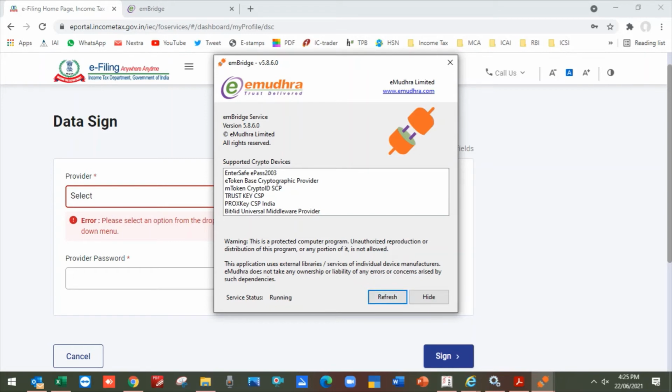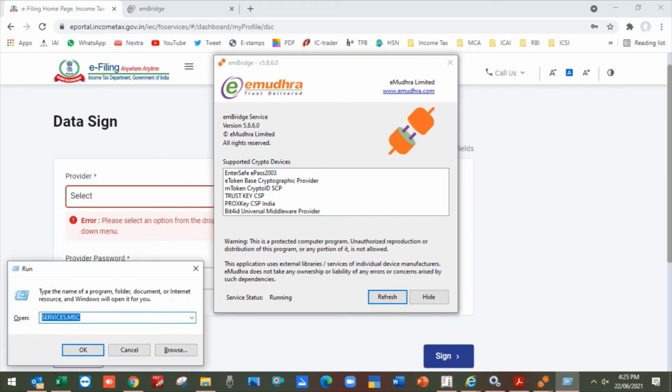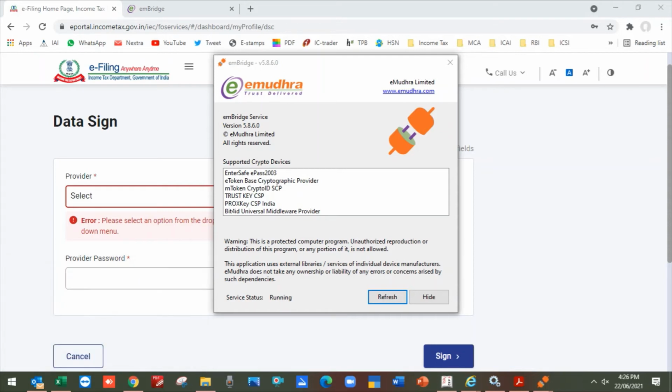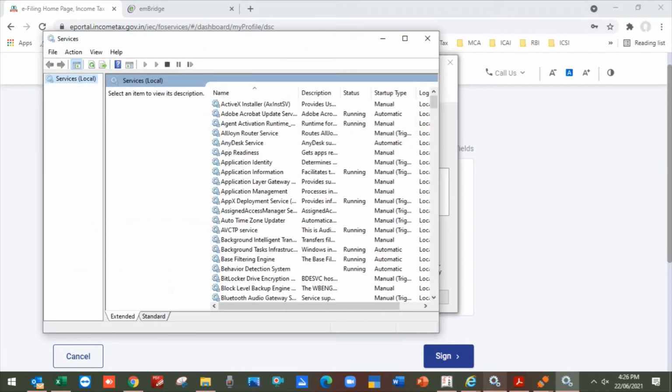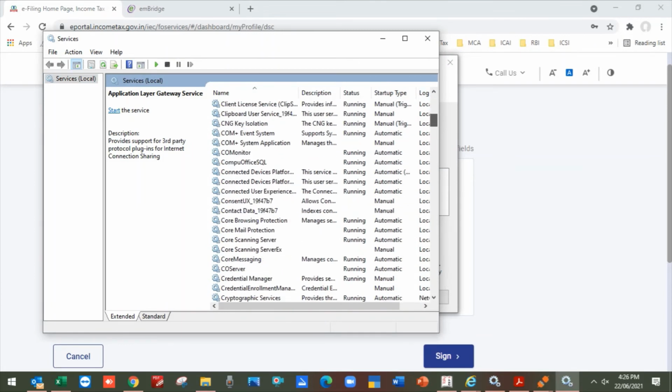press Windows key plus R and then type services.msc. Click on OK and one window will open like this. Here you have to go to the section where mbridge is showing, so E for the E alphabet.